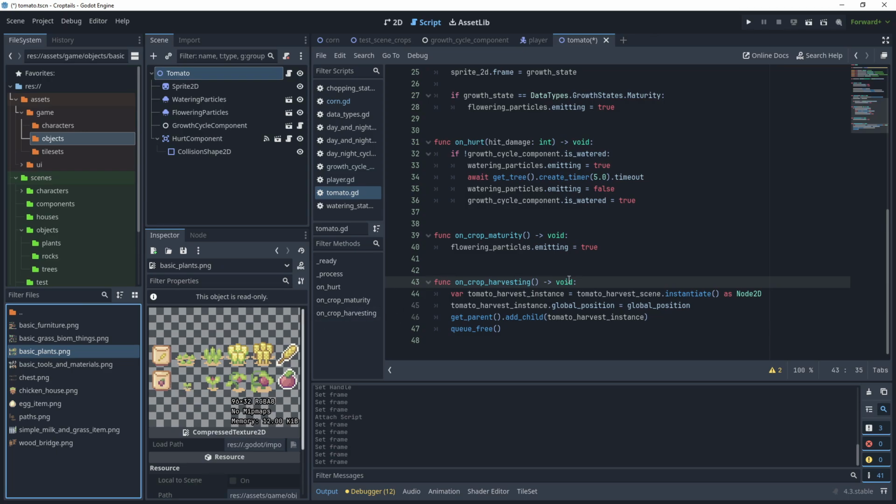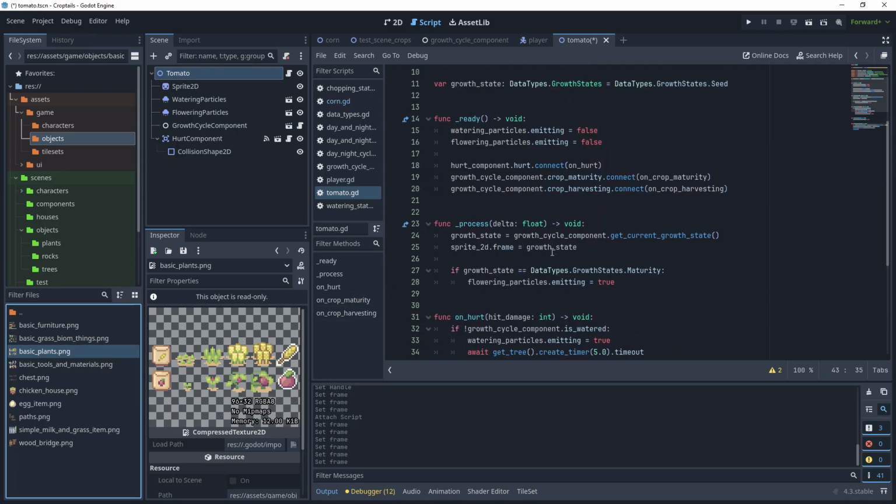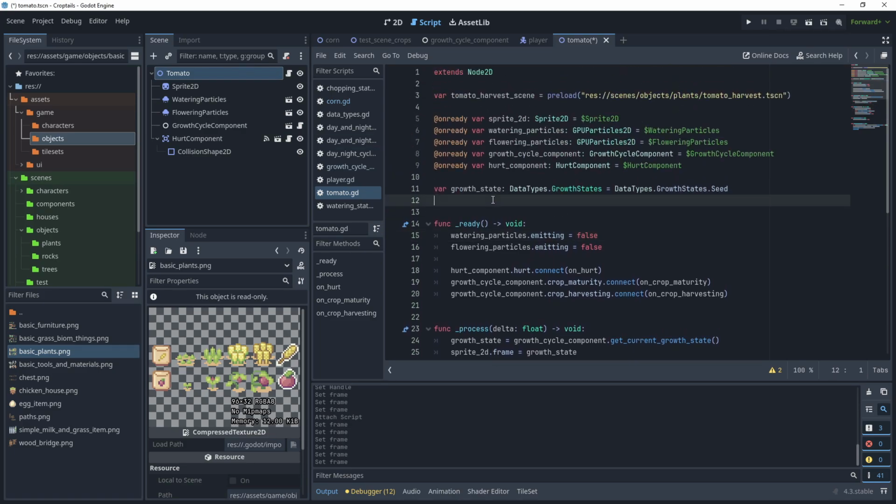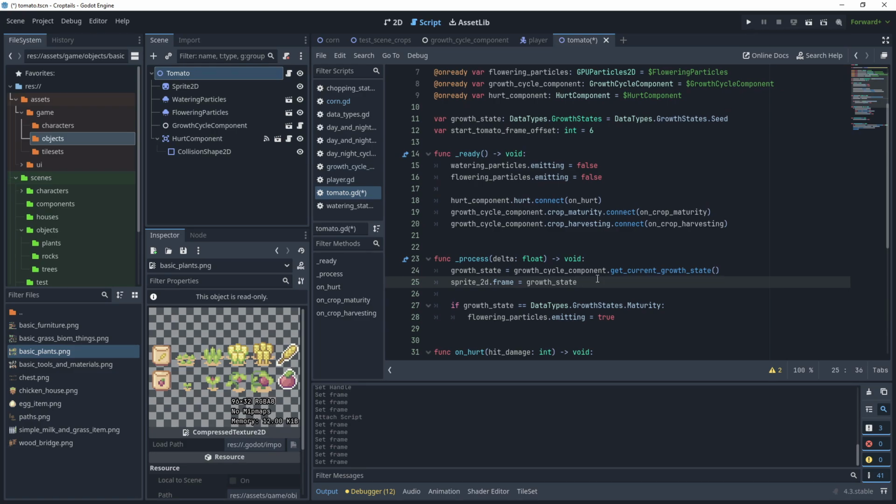So we need to make a slight modification to the tomato script because the growth state will not start at 1, 2, 3 and 4. We need to add an offset for the tomato sprites. So in the tomato script, add another variable under the growth state and call this start tomato frame offset and set this to 6. And then after growth state in the process method, just add the offset